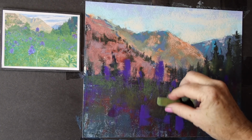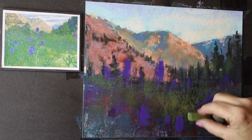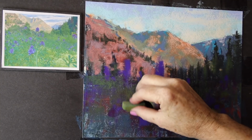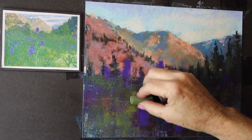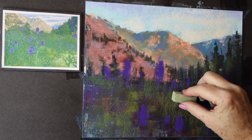And I'm going to increase to have a warmer, more yellowy green down here, because there's some other kind of things growing down here that are more of a yellow green. Different kind of wildflower or grass or shrub. There's also a whole bunch of white things growing in here, and I really, you know, when you are